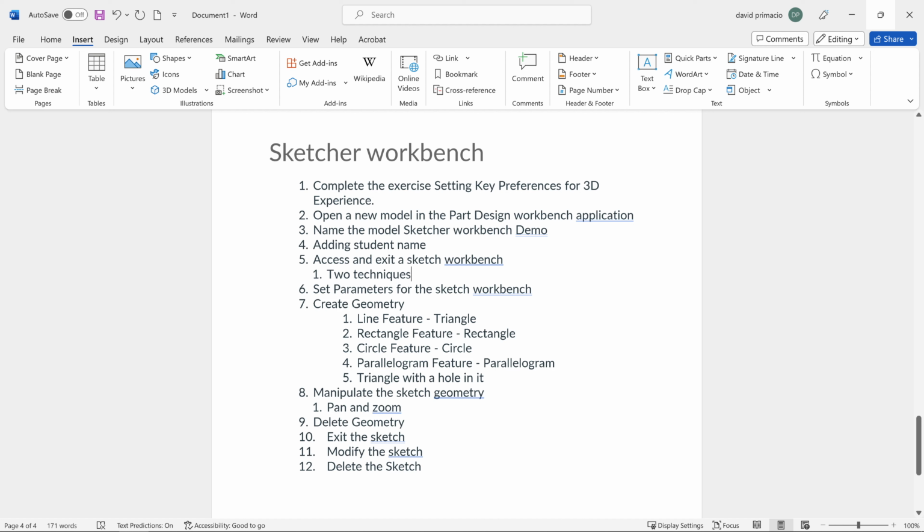Alright, so assuming that you've set up your key preferences already in the previous exercise, we'll now attempt to open a new model in a Part Design workbench, also known as applications, so that we can set up the specification tree to allow us to access the sketch. So step one